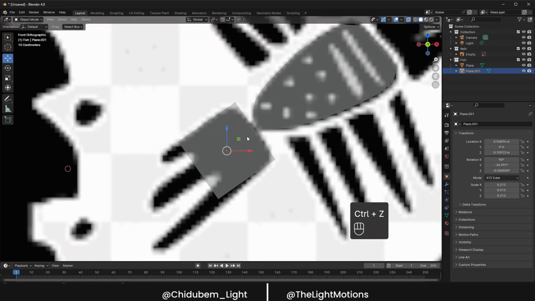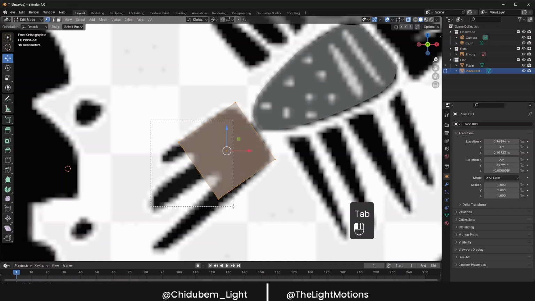I think this is okay. Then this other one I can do them. I think I have blocked out the shape this way. Then remember Control A, scale, apply scale, then Tab to object mode, then